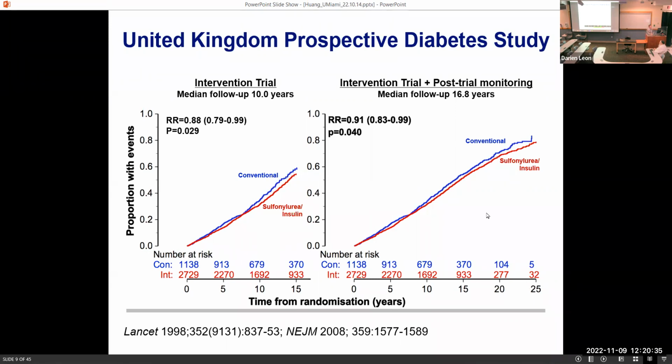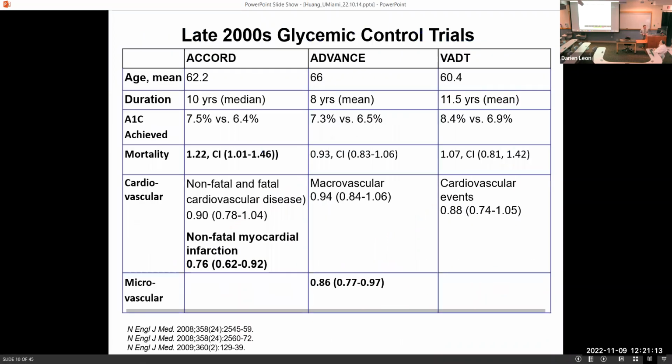On the right graphic, you see the legacy effect that we've now learned from DCCT and from UKPDS that happens when you are treated intensively earlier in your disease course. And the recent results I referred to now show that the legacy effect lasts for up to 30 to 40 years. So it's kind of amazing. After the initial point of the trial, patients were allowed to converge and have similar glucose levels after the 10-year mark, but there's still a legacy effect of that early glucose control. So remember that you need to live at least 9 years to see the benefit of that early control.